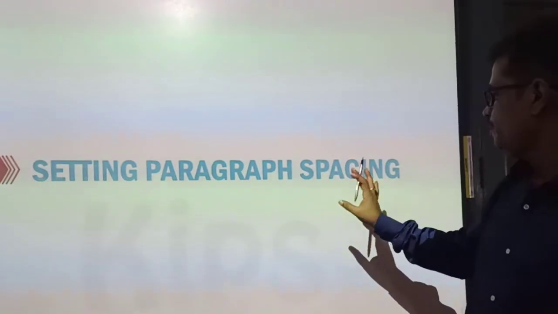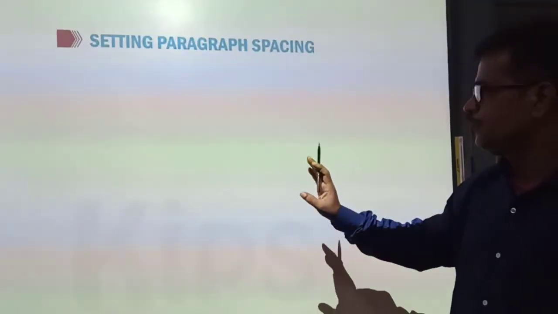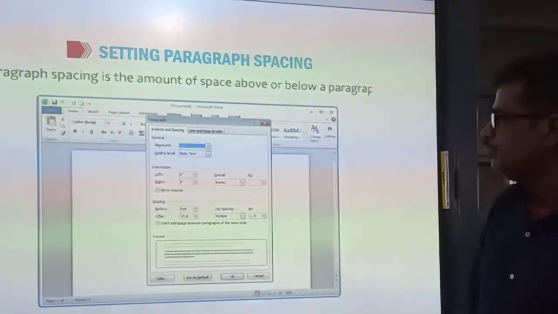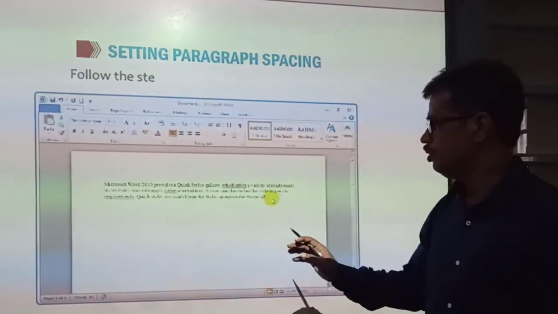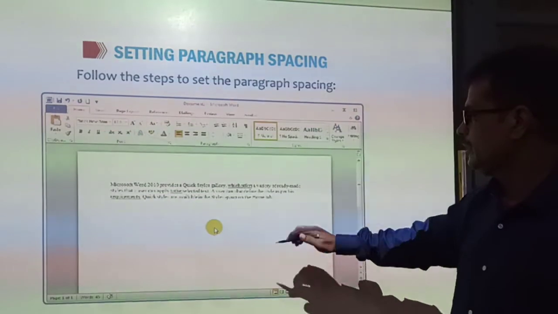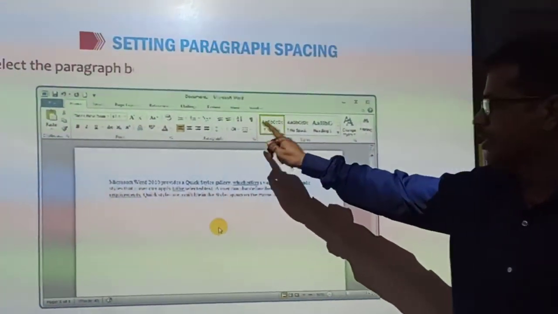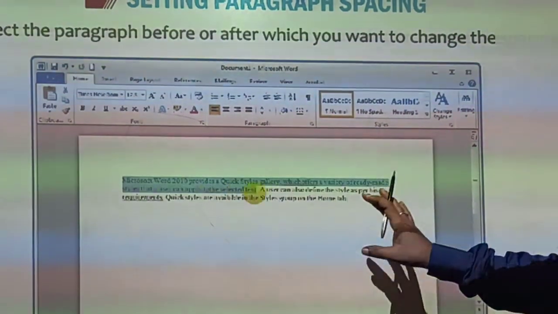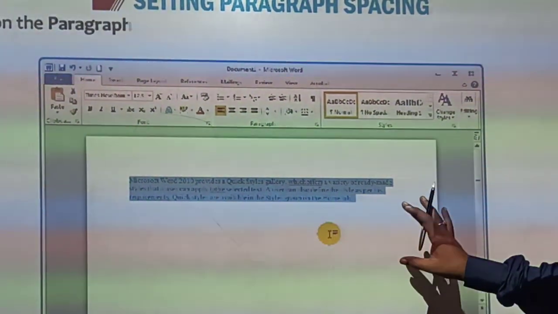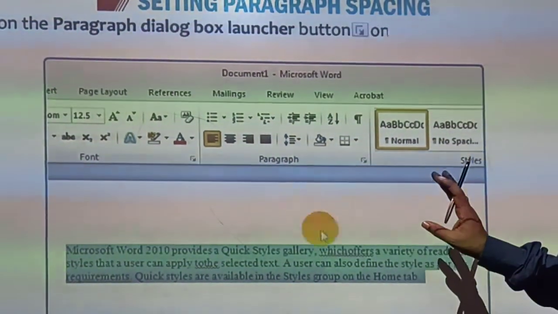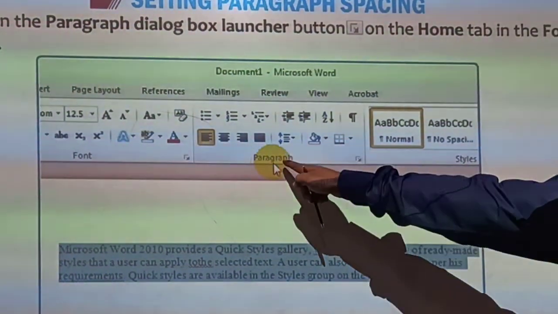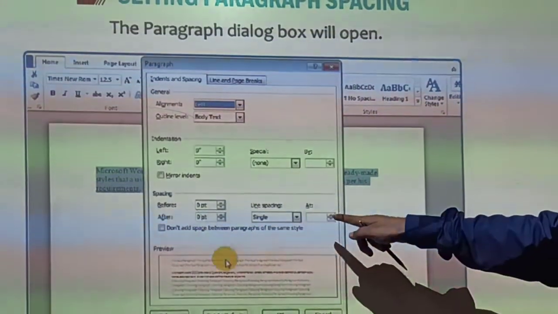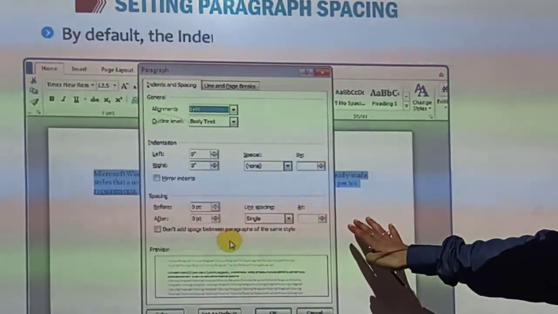Now setting paragraph spacing. You can change the space between two paragraphs also. In the same way, first you select the paragraphs, then click this arrow. That window will come again, and from there you can change the setting. Without selection, no formatting can be done, as I have told already. Now the Paragraph group is highlighted. Click this arrow and this box will come again, and you can see the different options.